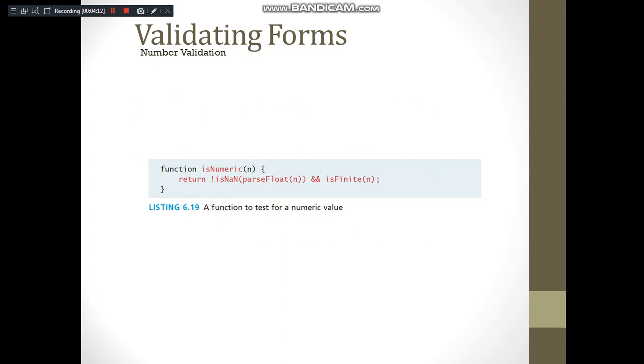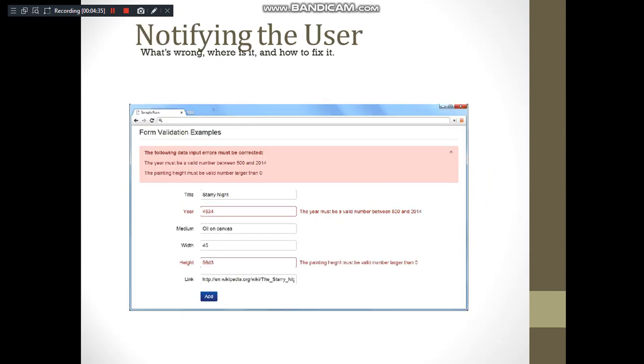Similarly, you are checking for a numeric value. If you have a text box and you want to make it compulsorily numeric, like a phone number, you check it. If it returns true, then you display a parse error; if it is numeric, then you check whether it is a proper number, and it should be a finite number, so that you test here.